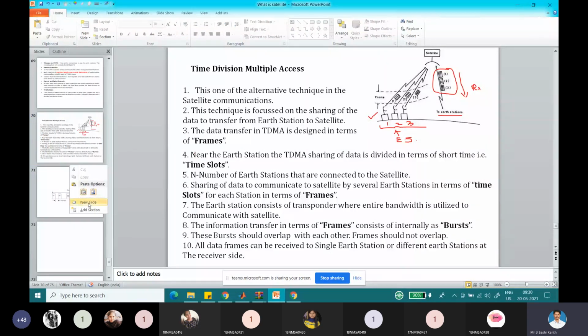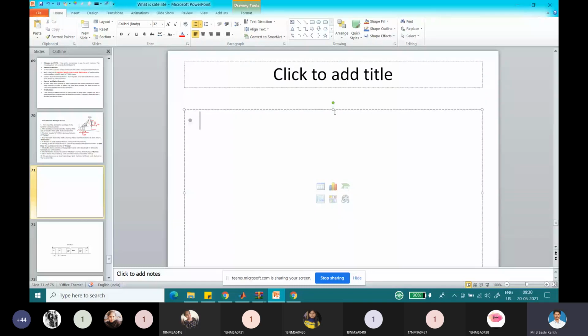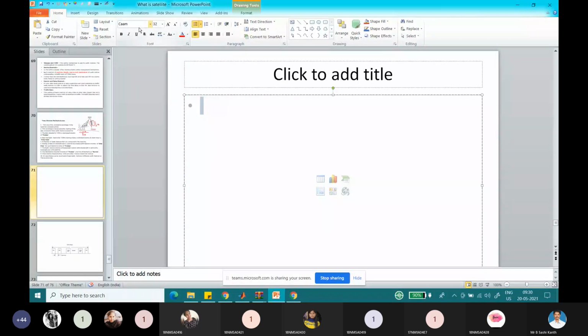We have discussed this in terms of frames. So what is the next point? The next point that we have to discuss, the most important thing, is